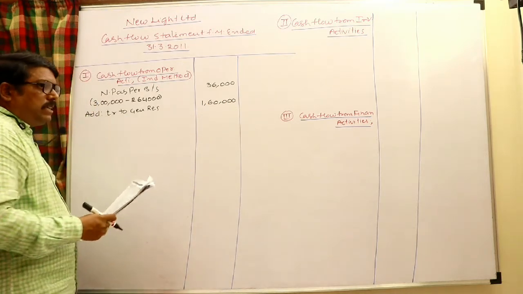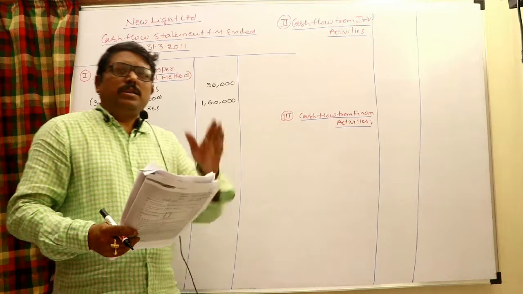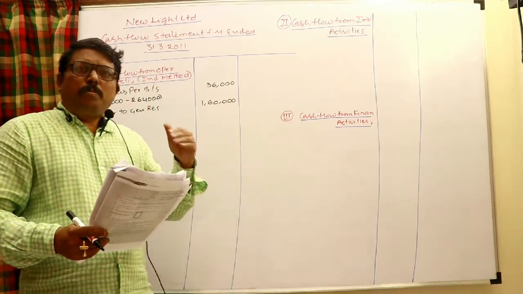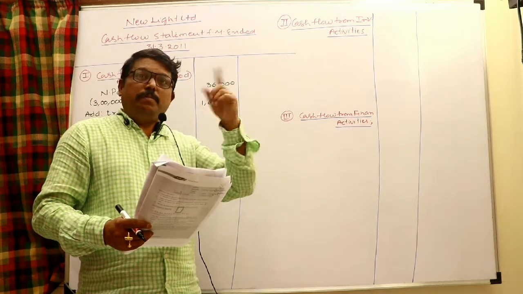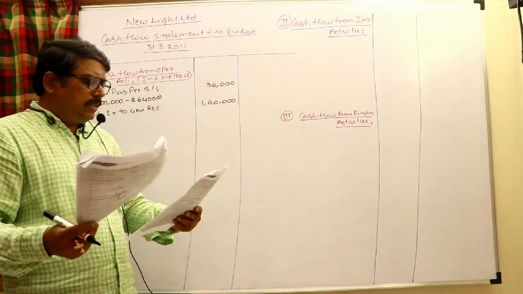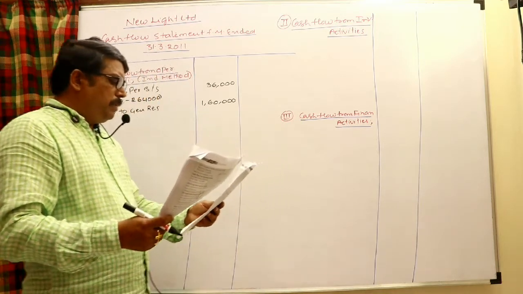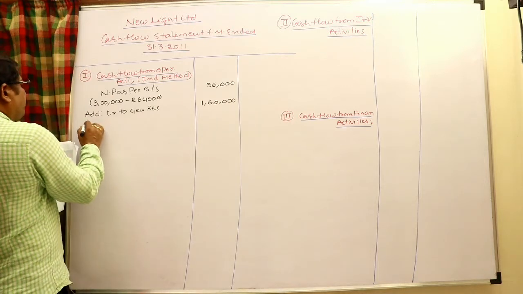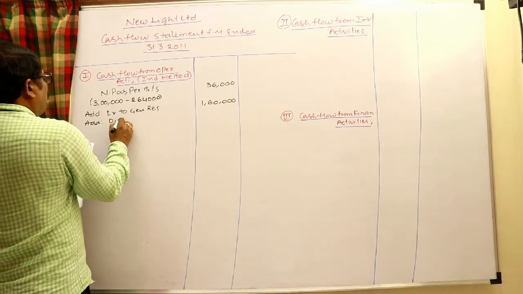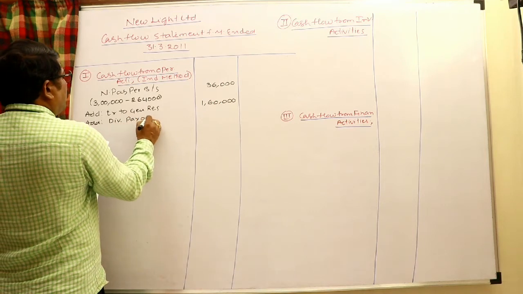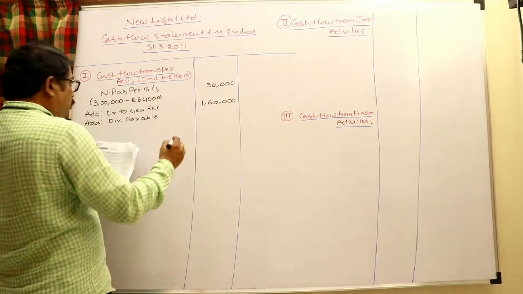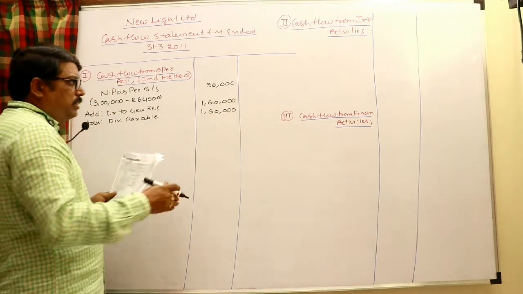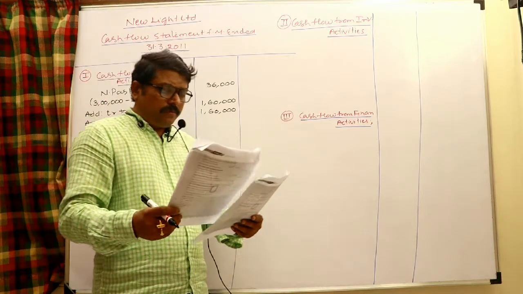Okay, and moreover, I said that for dividend payable, we can assume that last year's dividend payable is paid, and the current one is appropriated. Appropriated dividend should be added back. Last year's paid should be deducted in the financing activities. So the dividend payable which is appropriated in the current year should be added back. Current year 1,60,000. Add dividend payable of current year 1,60,000 should be added back. Last year's dividend payable is assumed as paid during this year, and can be shown as a financing activity.